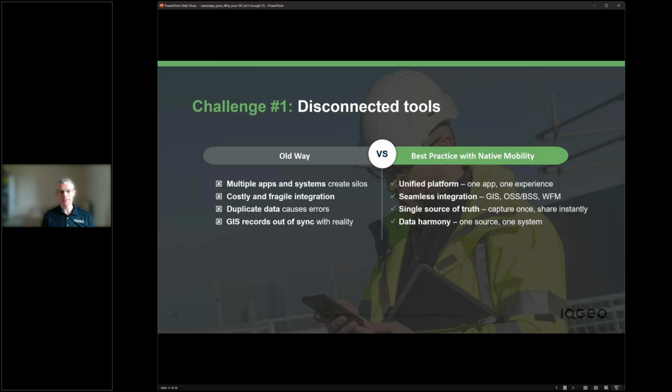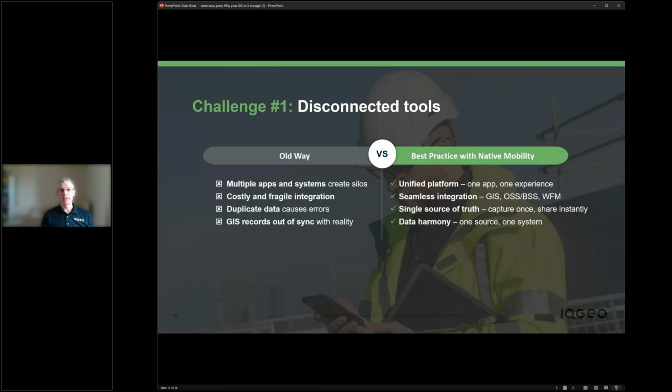So from a best practice point of view, the approach really is to have more of a unified platform from a field perspective. One application and one experience for the field users, drawing data seamlessly integrated from the GIS, but perhaps other operational systems, workforce management systems, pulling that together into a single environment such that the field user is able to take that information presented in a single user interface and then push those changes back.